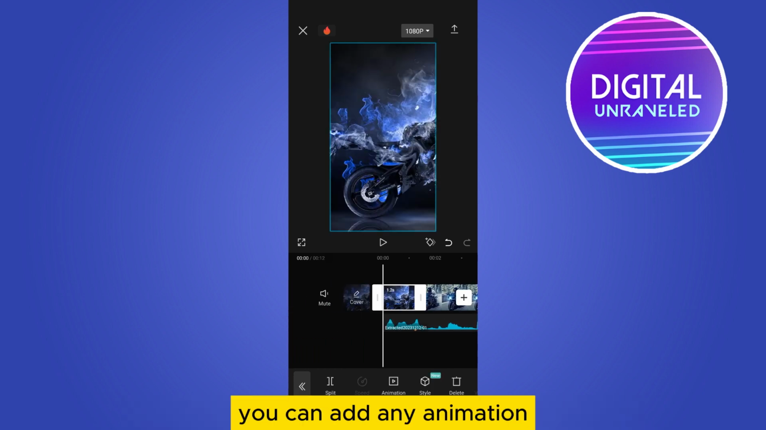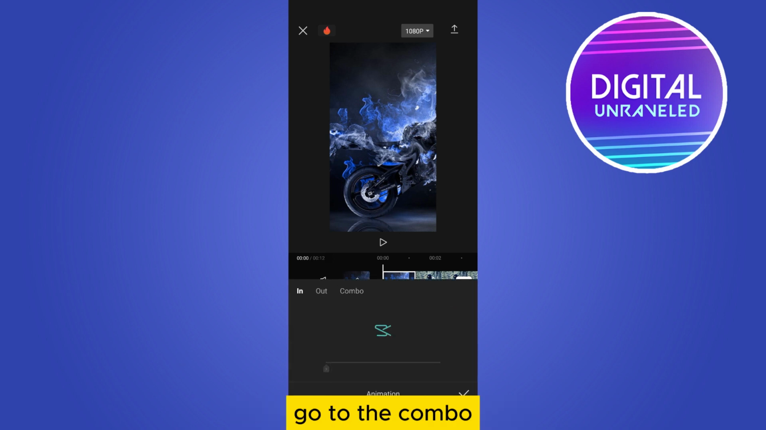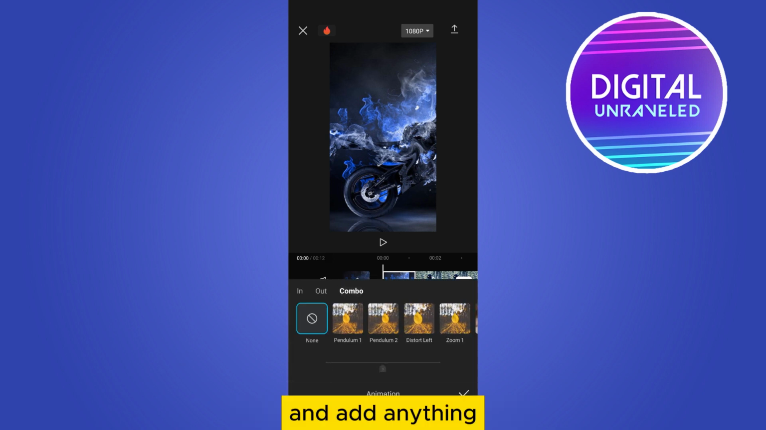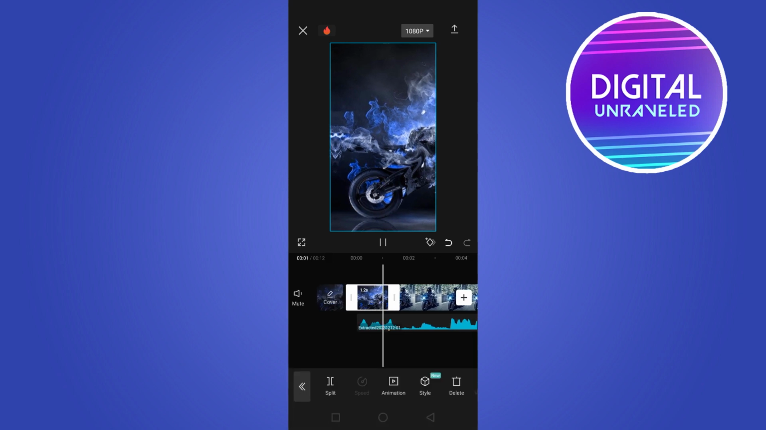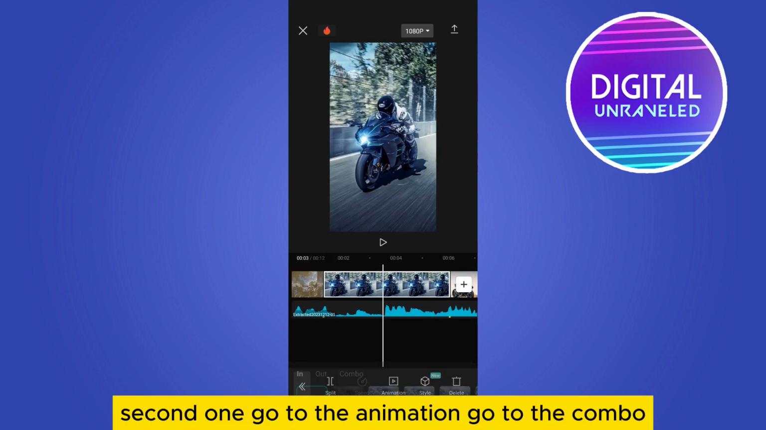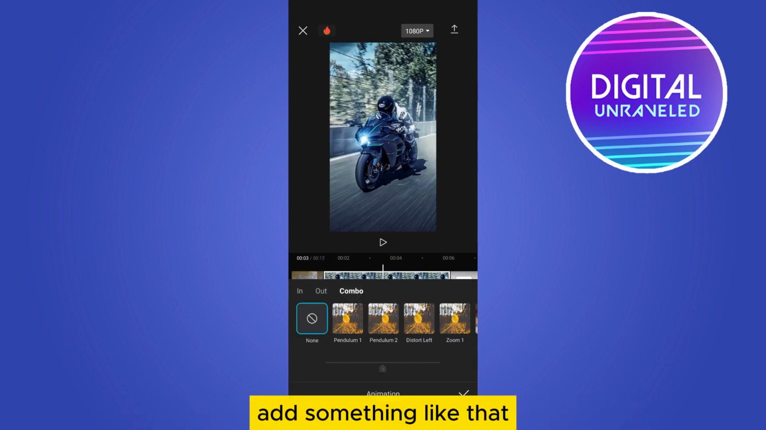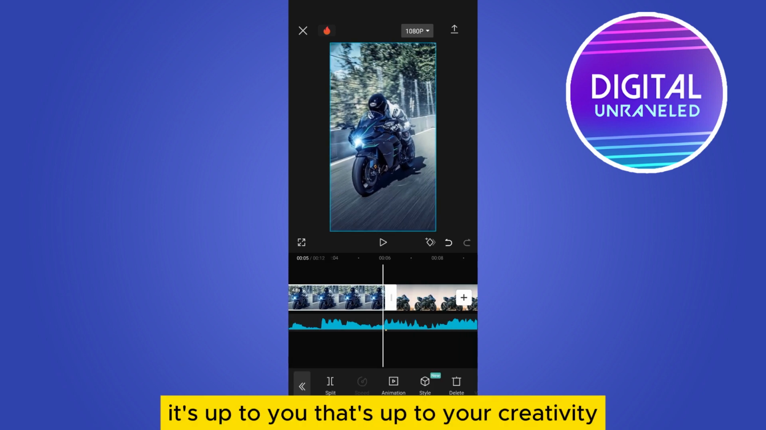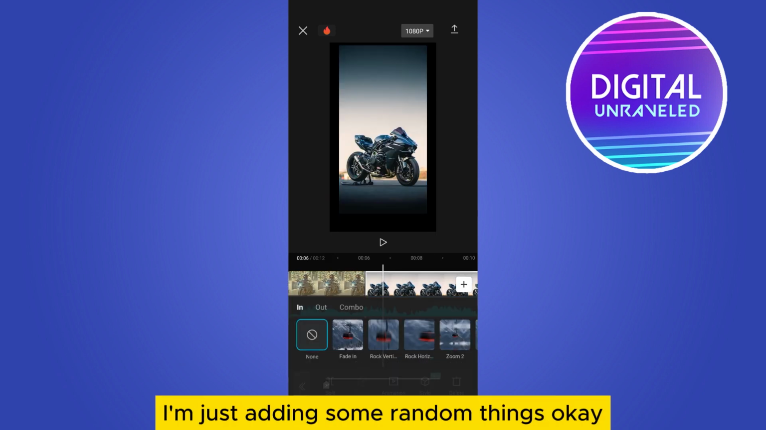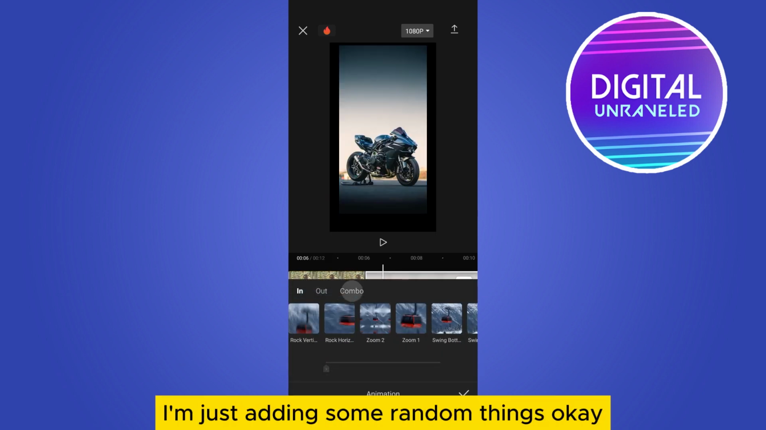You can add any animation. Go to the combo and add anything. Second one, go to the animation, go to the combo, add something like that. It's up to you, that's up to your creativity. I'm just adding some random things. Okay,